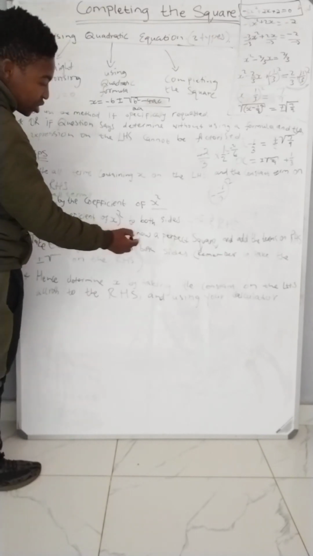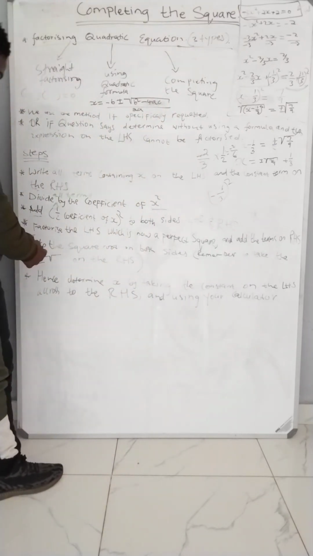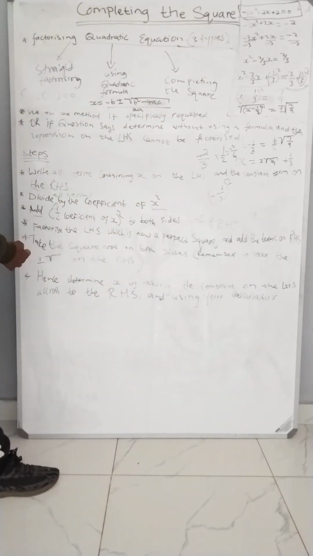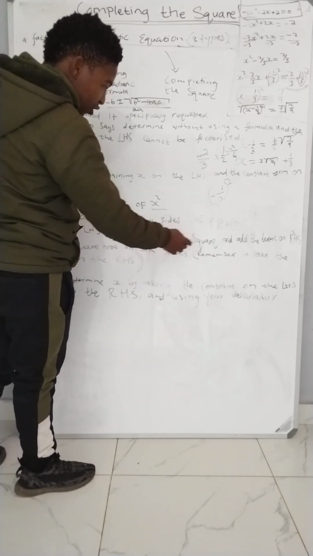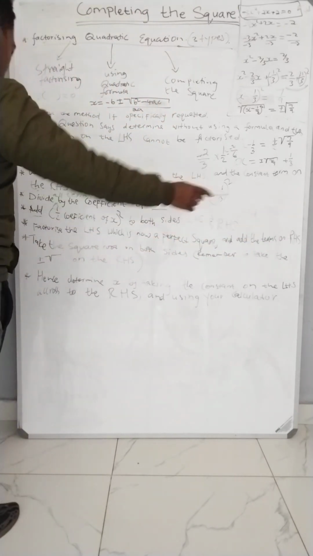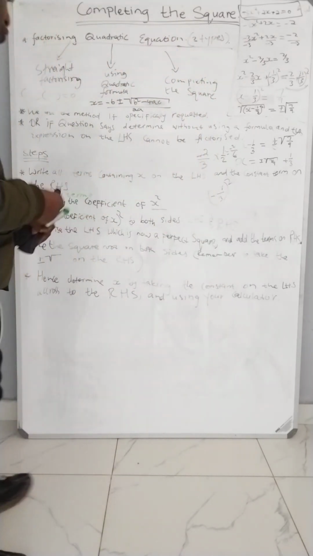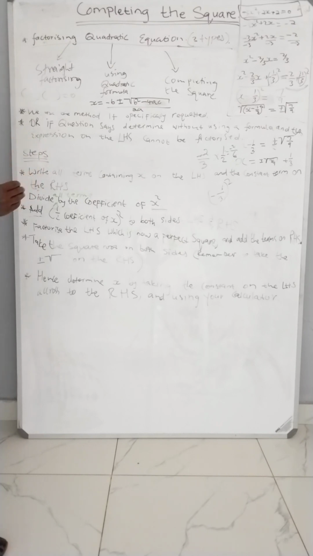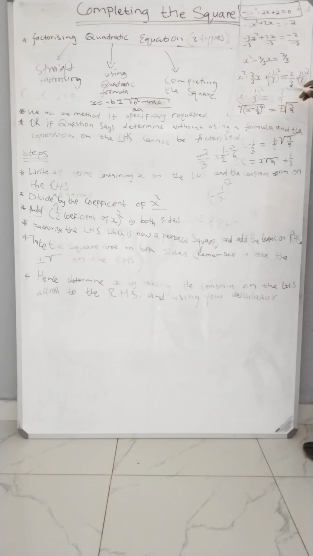Now factorize the left hand side, which is now a perfect square, and add the terms on the right hand side. Yes, this sentence ends there, full stop there. So you factorize the term on the left hand side, and then you add the terms on the right hand side. Okay, so if you can look at it again, we now